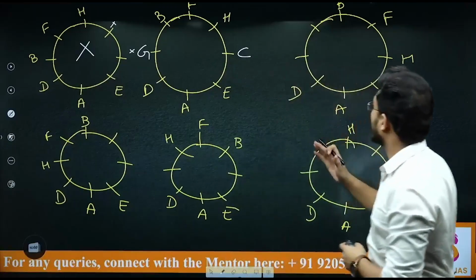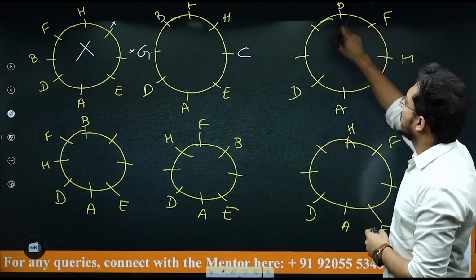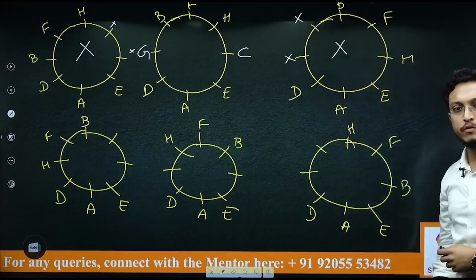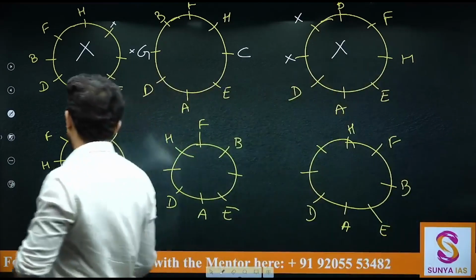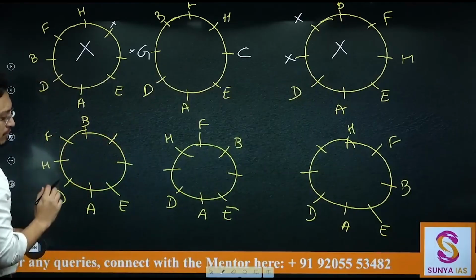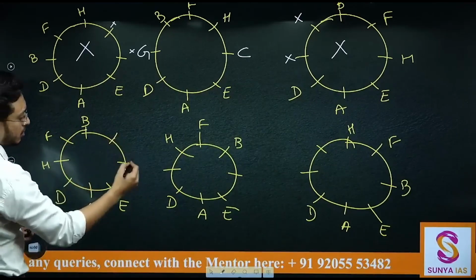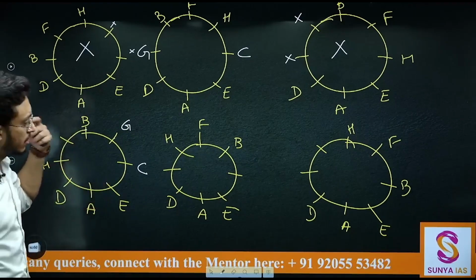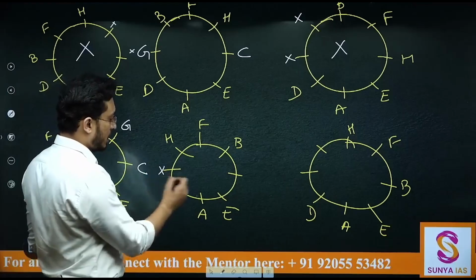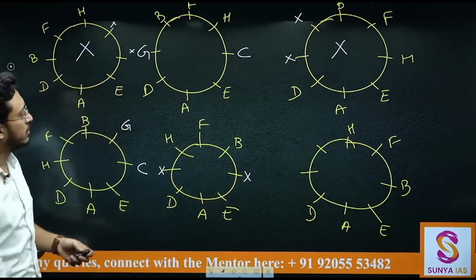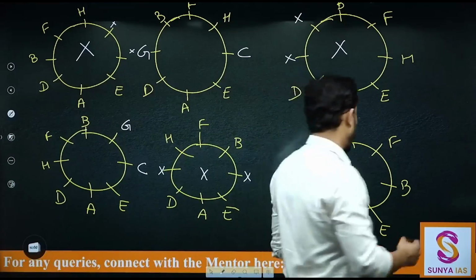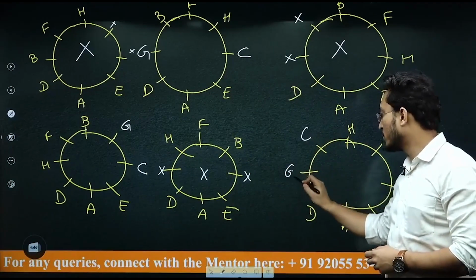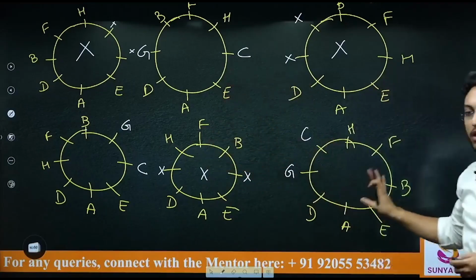If I am making this case, then C is neither adjacent to B nor adjacent to D. That means this is incorrect. I cannot go forward with this case. What about this? C is neither adjacent nor opposite to B and D. So यहाँ नहीं आ सकता C. So C has to be here, G is here. This is a valid case satisfying all the conditions there. Here C is not adjacent to D and also to B, so C cannot be here. This is an incorrect case. What about this? C cannot be adjacent or opposite to B and D. That means C has to be here, G has to be here. Now these are three valid cases that we can make.